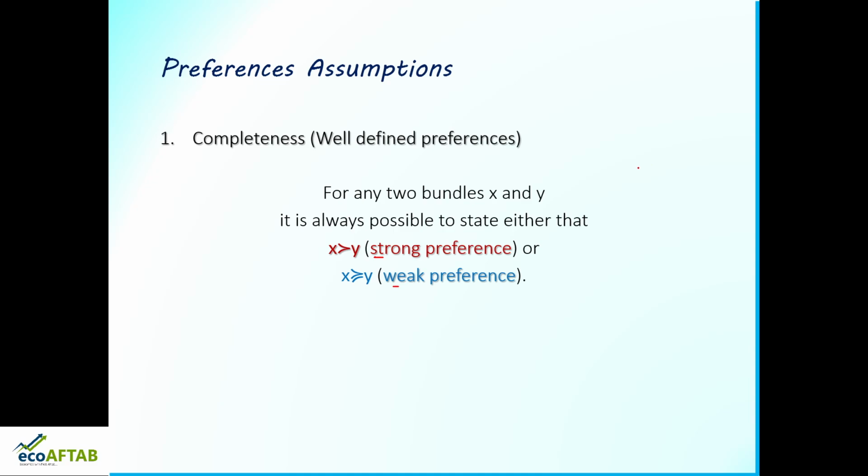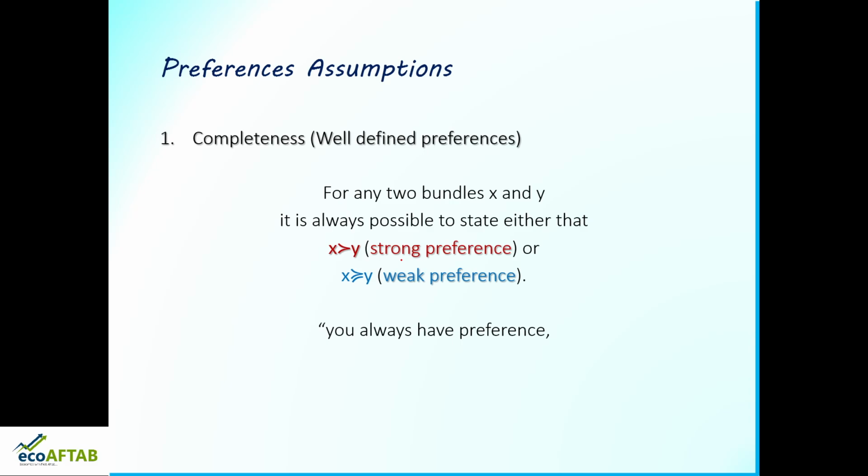So this particular sign, friends, is telling us about preference: X is preferred to Y, or Y is preferred to X, or X has the same preference as Y. Remember these notations. They tell us about preferences, whether the preference is more, or the same, or more and same. If it is more, it is strong preference. If it is the same as Y, then it is weak preference.